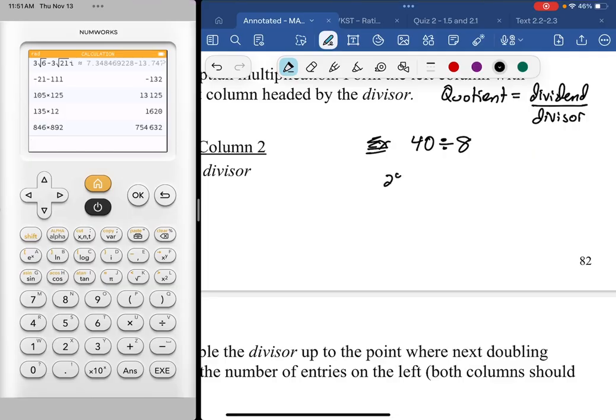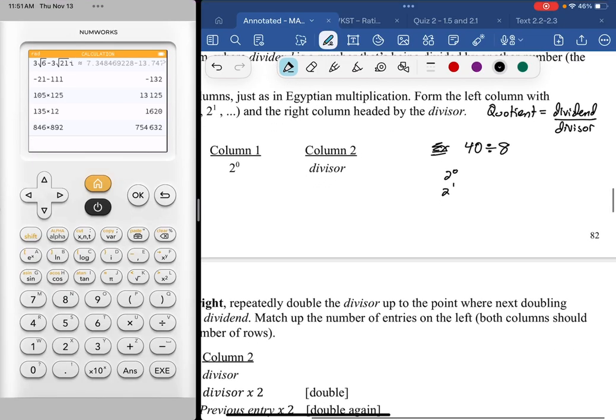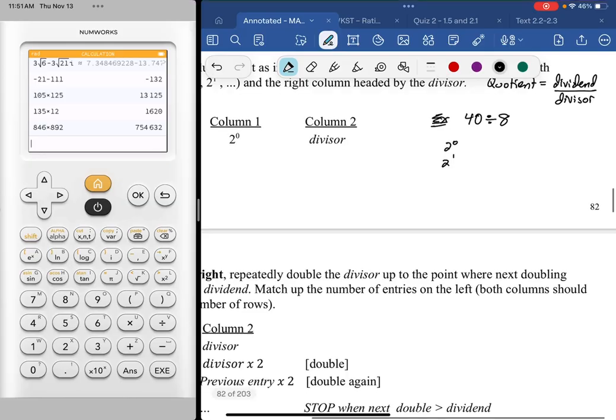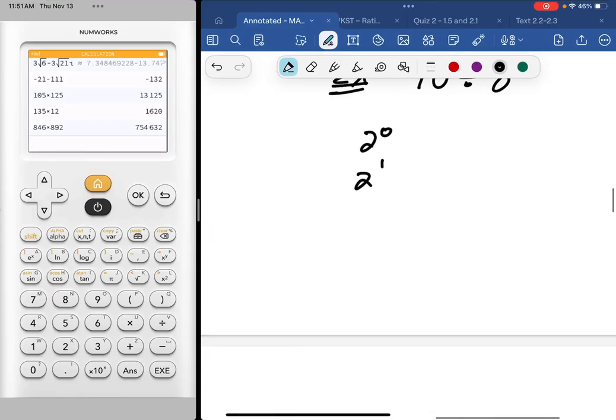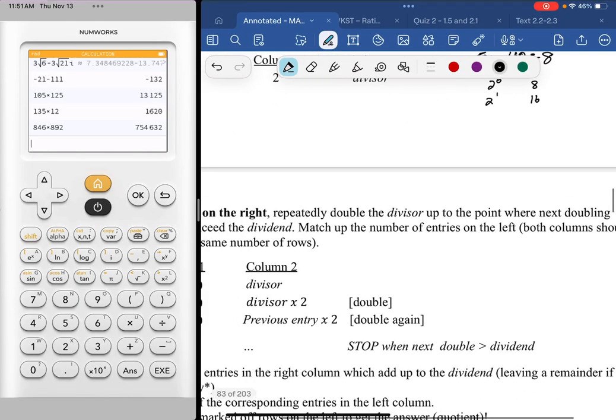So I'd have 2 to the 0th, 2 to the 1st, and so on. I don't know how far I'm going yet, because I'm going to double my 8 over and over again until I get to a number that's bigger than 40. So I'm going to start with an 8 here, 16. So the divisor itself, divisor multiplied by 2,